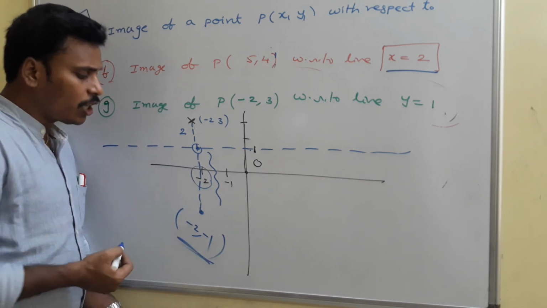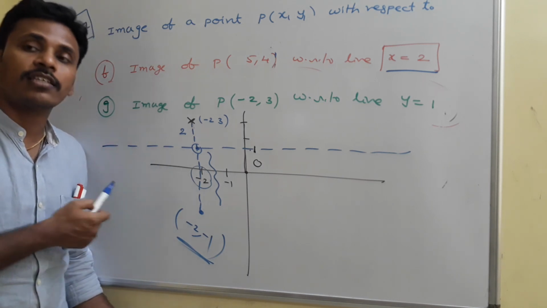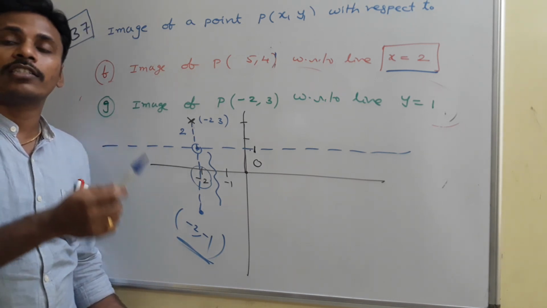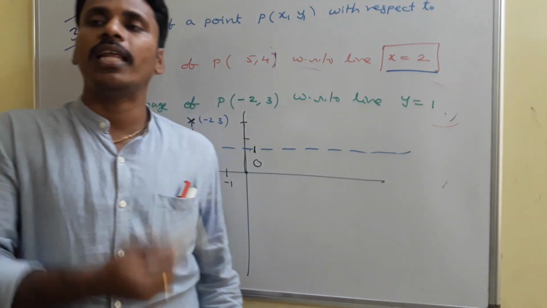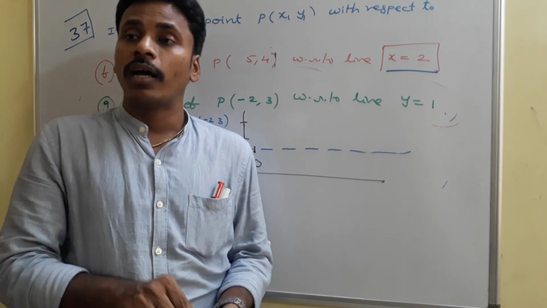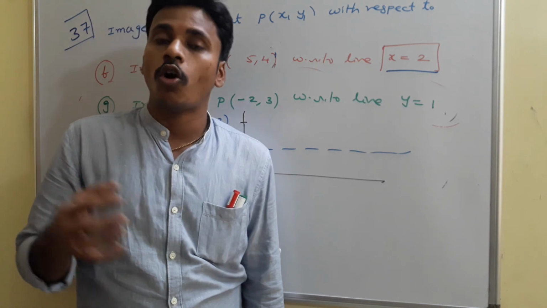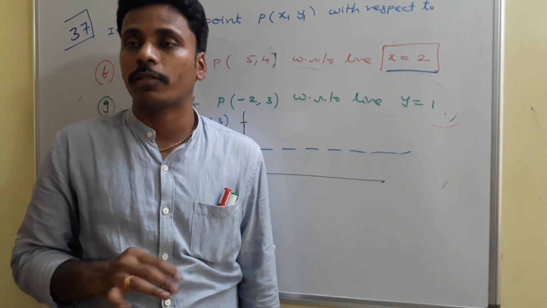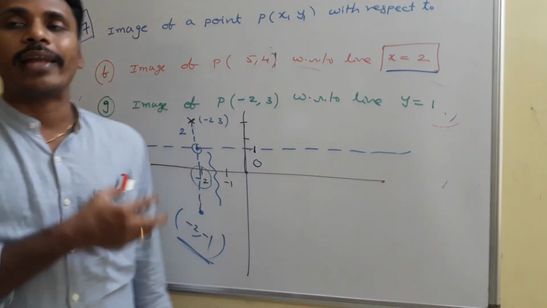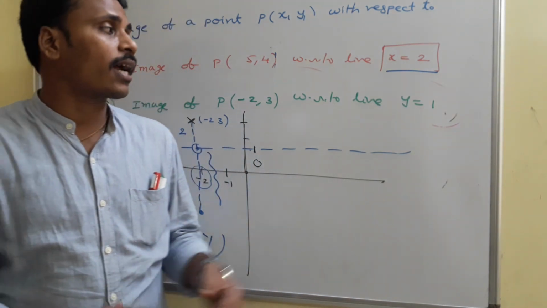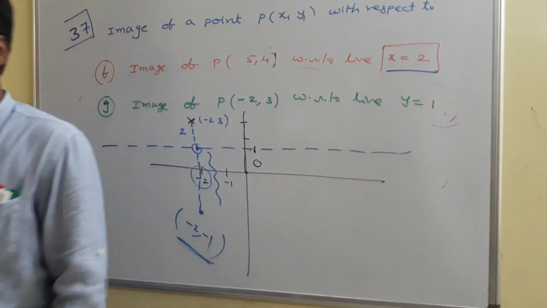See, it is easy to identify the image of the point either by the coordinate system, or by using the concept of midpoint, or by using the formula. For each and every problem there is a chance to utilize the formula (h minus x1) by a equals (k minus y1) by b equals minus 2 times (a x1 plus b y1 plus c) by (a square plus b square). But without that formula, these are some easy techniques to find the images if the lines are convenient, like vertical and horizontal. Okay, just have a look and I will give you one more problem now.